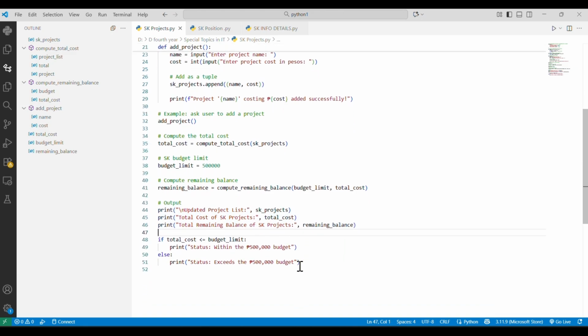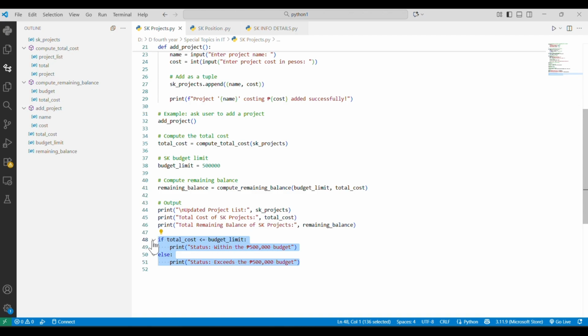Next, here we have the conditional statement wherein we use if and else. If total cost is less than or equal to 500,000, it's within the budget and it will print that it is within the budget.